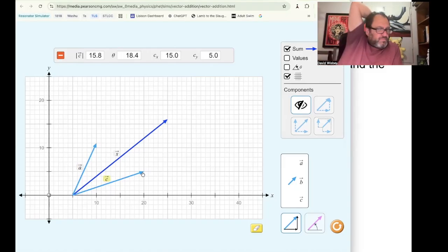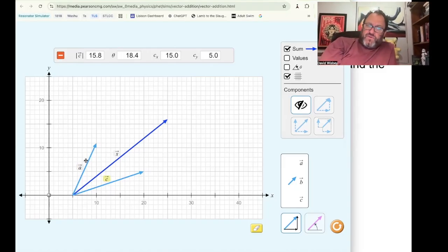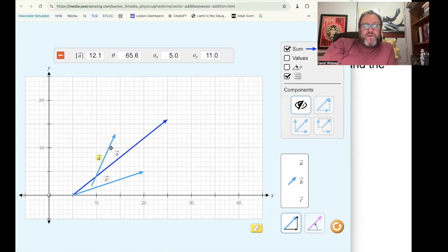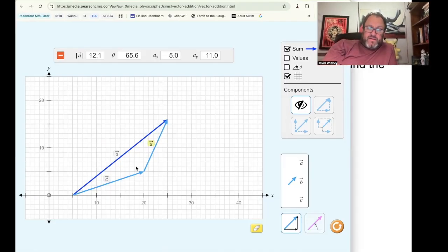Now, these two vectors, A and C, form a parallelogram. I don't know why I got C instead of B, but that's okay. Now, if I take this vector over here and put it here, oh my gosh, tip to tail. If I add A plus B, you put them together and it goes from tip to tail. You get this vector S, which is the sum of the two vectors. So that's pretty straightforward.